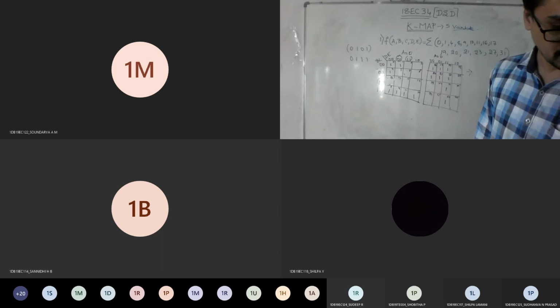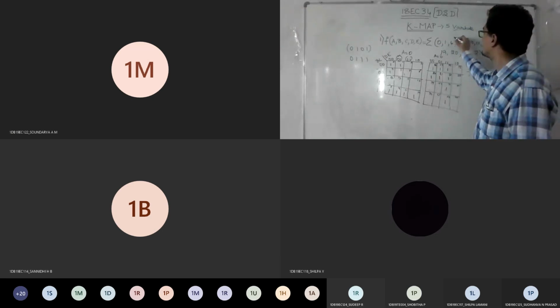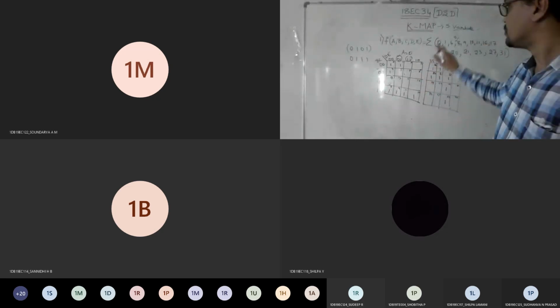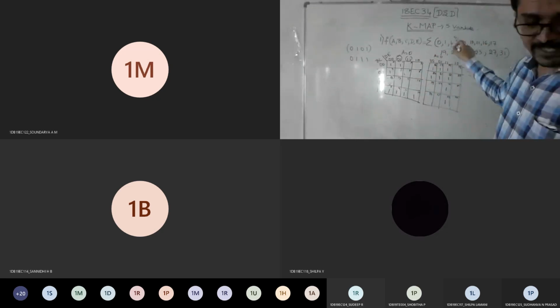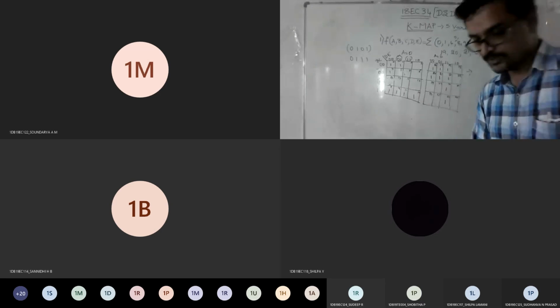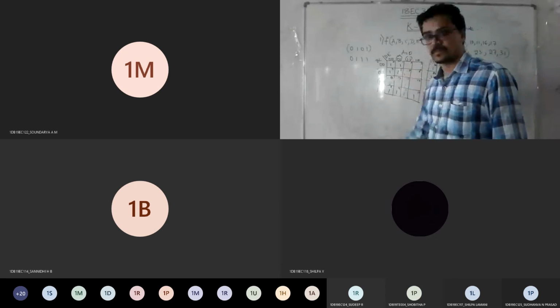Clear. So 0, 4. Yeah, I think I missed 5. I just add it here. 5 is also there: 0, 1, 4, 5, 8, 9, 10, 11, 16, 17, 19. Okay, remaining all correct. So only 5 is missing, so it means here also 1 will come. Agree?